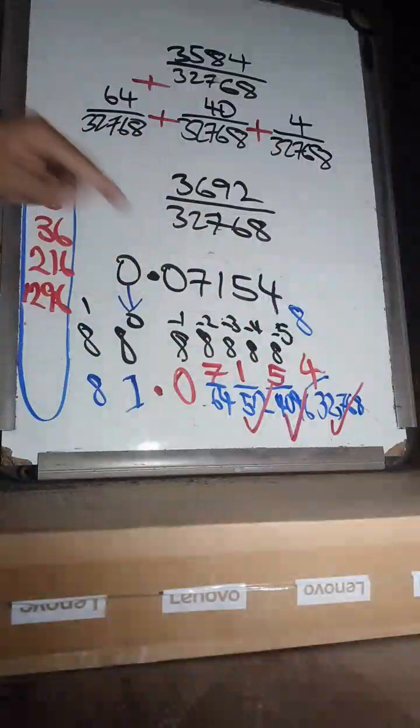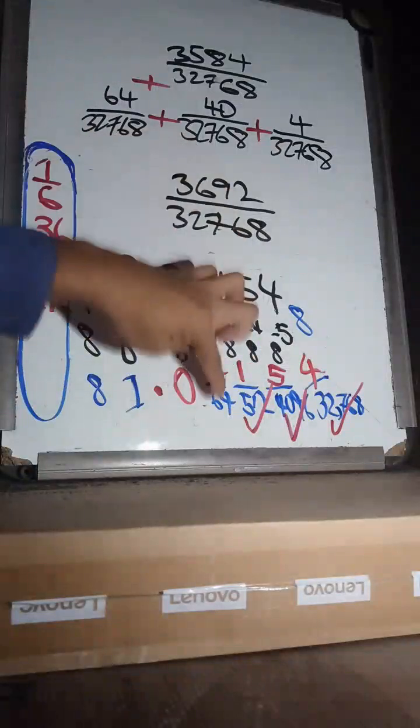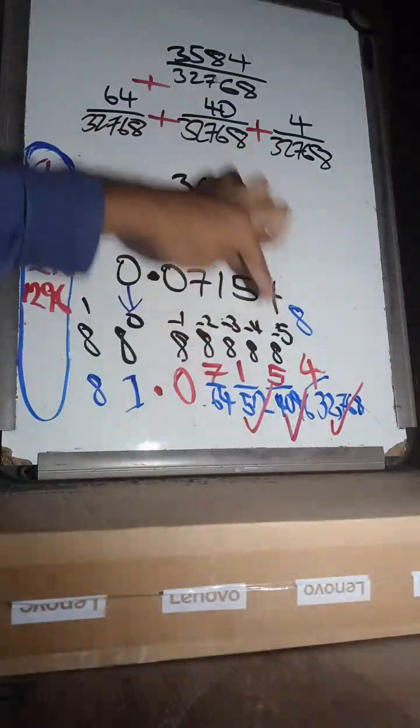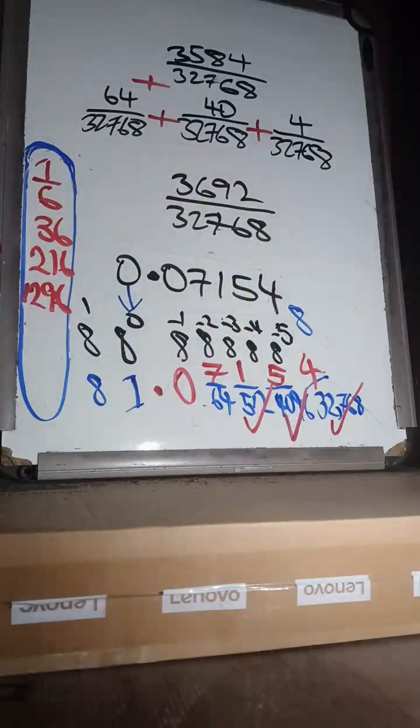We never have a choice. Each number is multiplied by a power of 8, which is in the inverse. So you have 0 times 1 over 8, 7 times 1 over 64, 1 times 1 over 512, 5 times 1 over